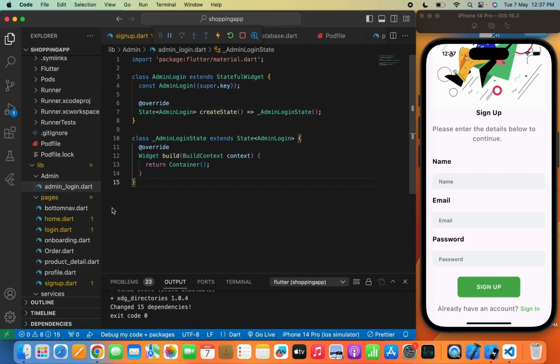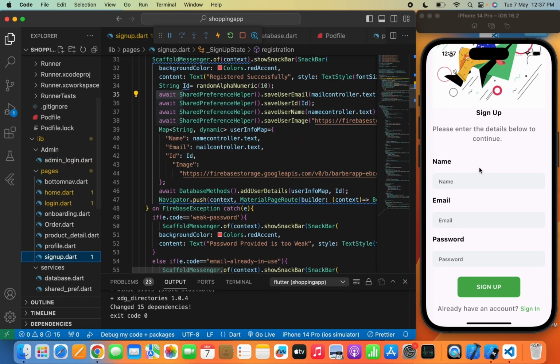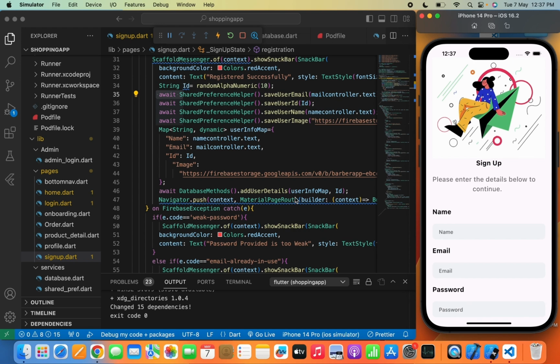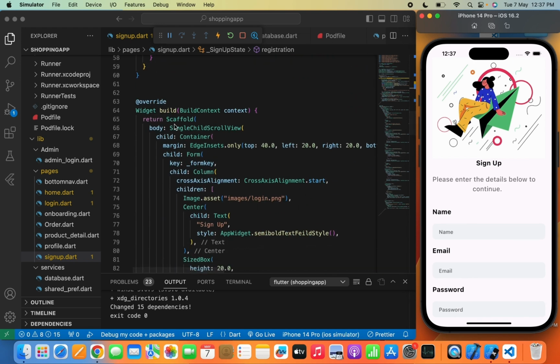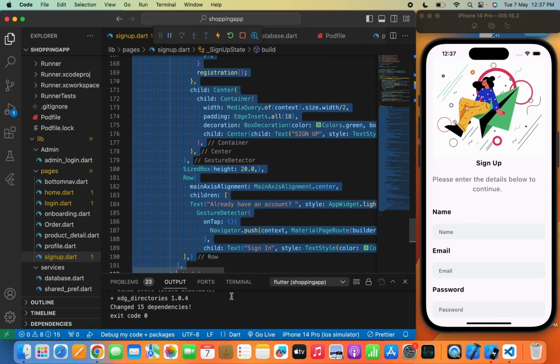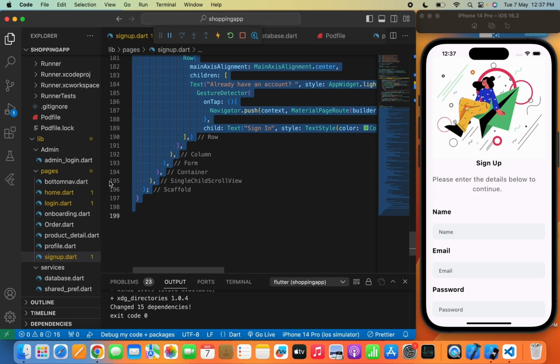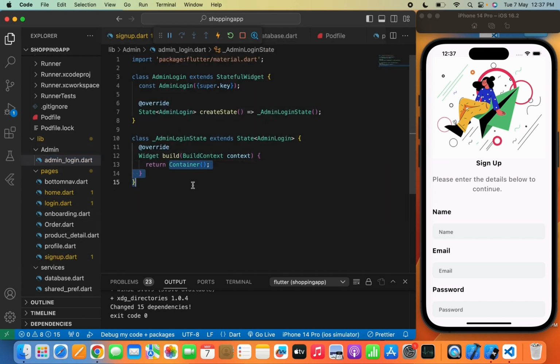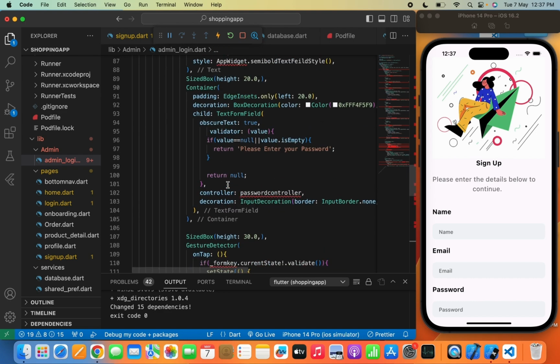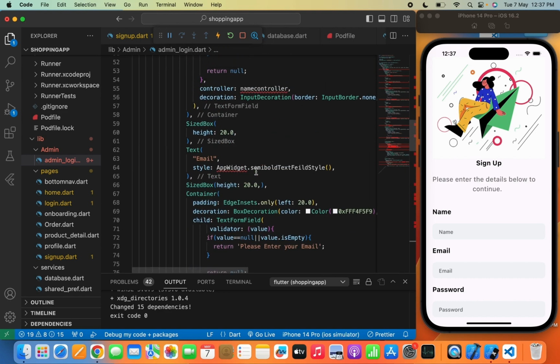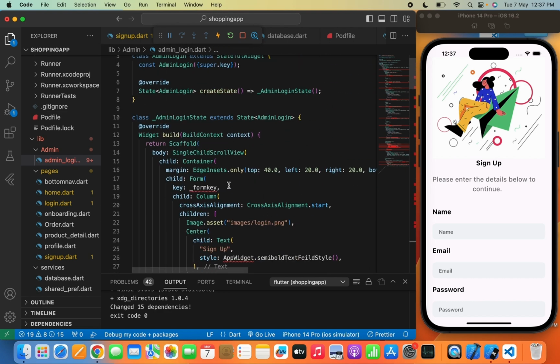Yeah, now let's move to the sign up page, because writing the code again and again will take lots of time. So I will simply move and copy the complete code for the sign up page and paste it over here in the admin login page. Now let me make some changes, because we don't need all the things that we have written in the